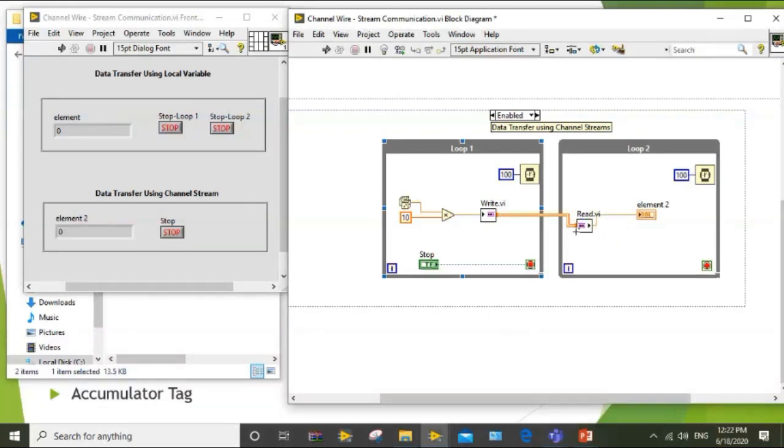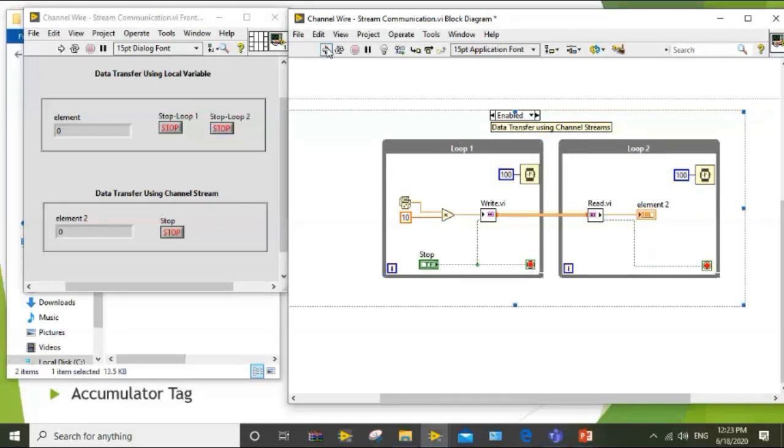As you must have seen, I have just one stop button here. The advantage of using channels is that you can also transfer your stop value from one loop to the second loop using the last element input of the channel writer. I can read it here in the read VI and stop the second loop. So this is another advantage of using channels.